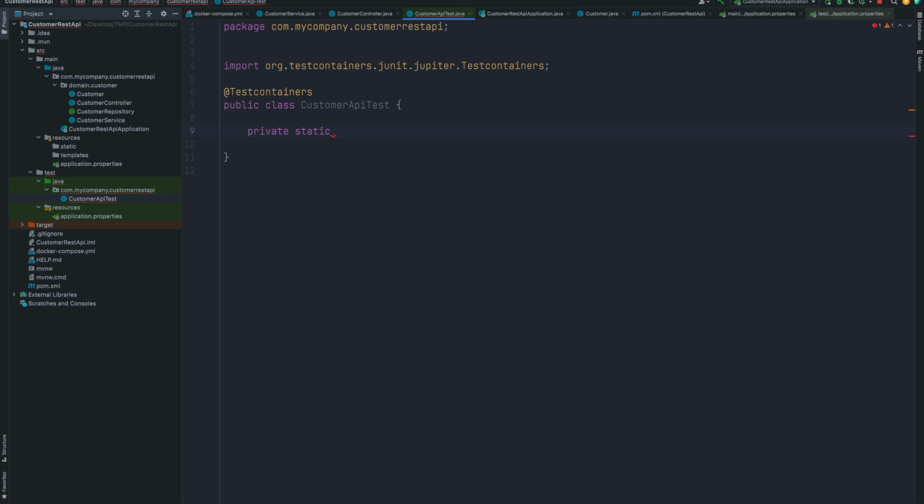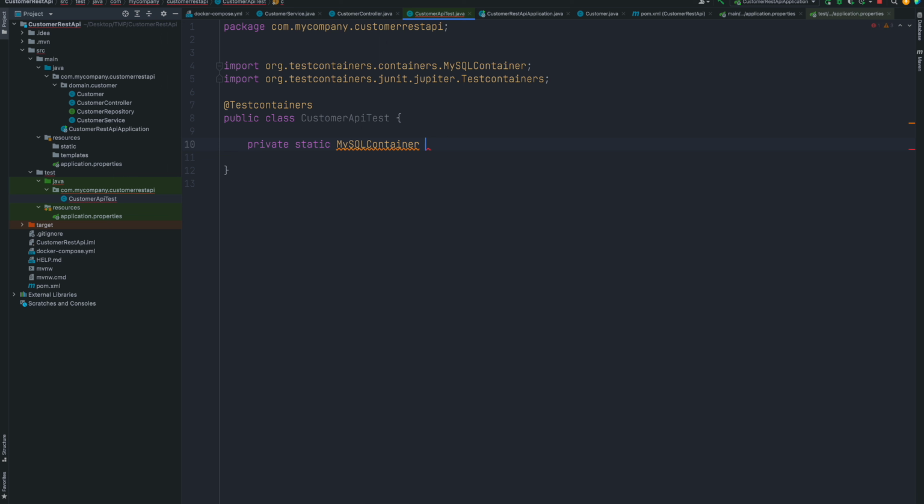If we do not use static, when we run the tests, there's going to be a new container for each test, and it's really messy because, of course, it's nice isolation, but it will take a lot of resources to spin up all those containers. Can you imagine if there are like 20 test methods? You're going to get 20 containers. So it's quite a resource-consuming issue here. So static MySQLContainer, let's call it